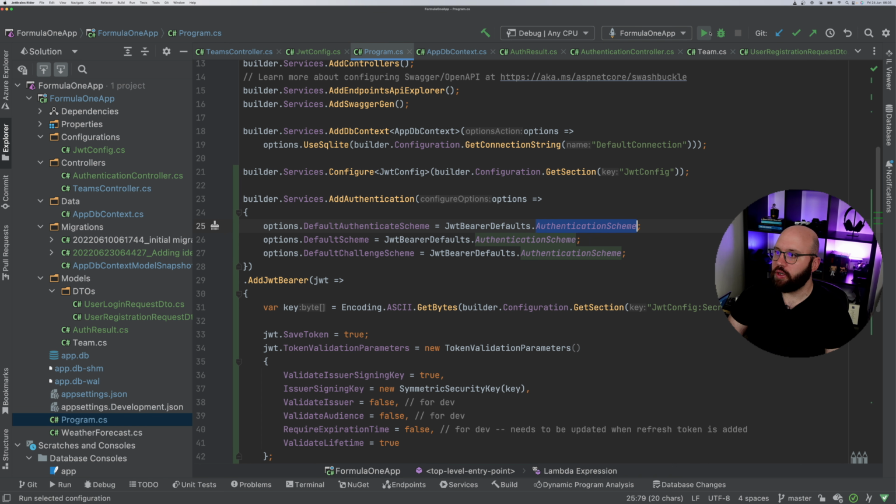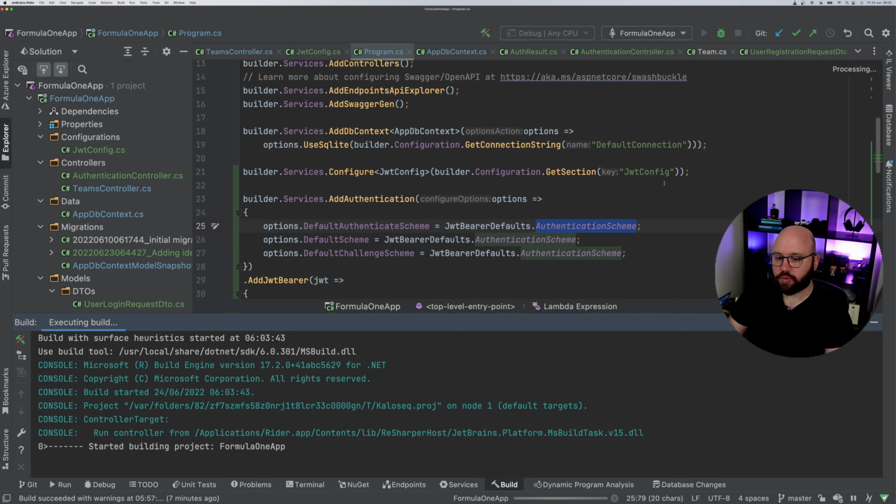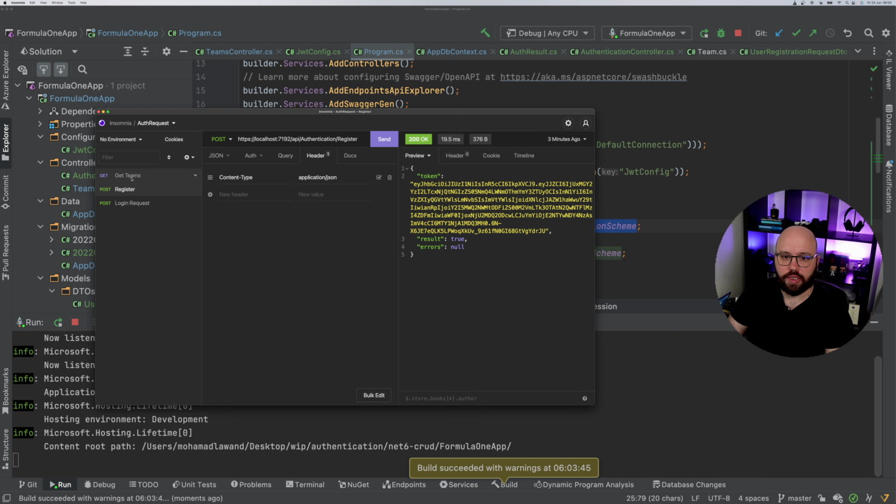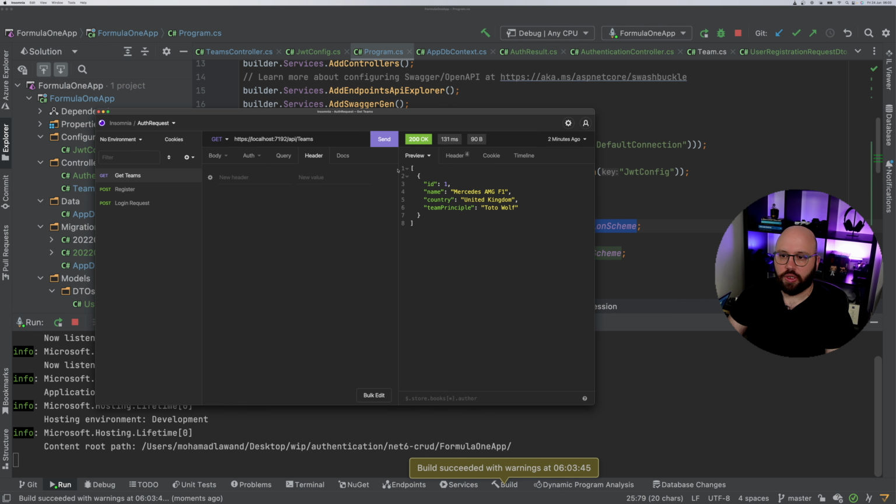So right now, if I try to run my application again, and if I try to go to Insomnia, let's go to Insomnia, and I am gonna run the same one again, I should get a 401 unauthorized. So let's see. I got a 401 unauthorized,